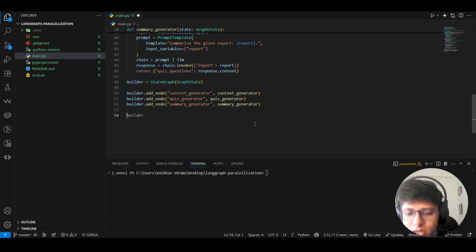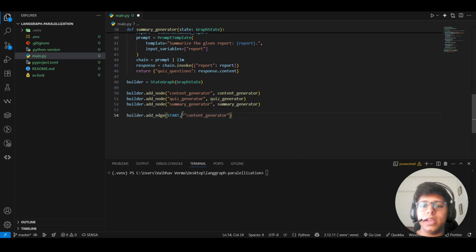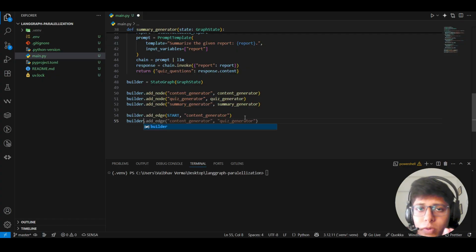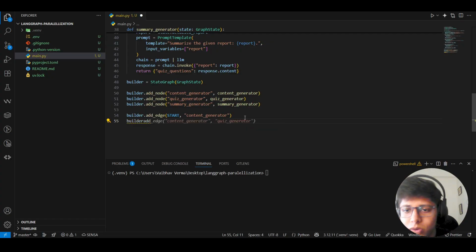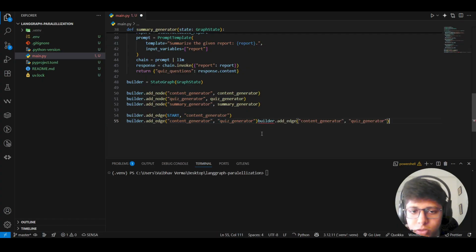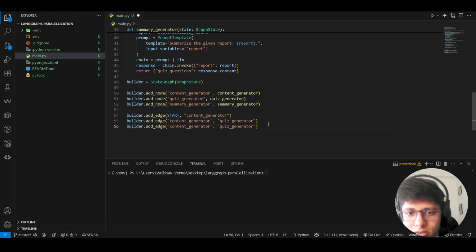And now let's start building our edges also. So I'll say we start at the content generator, and now here comes the hero section of this video, that is to actually have this parallelization in the whole graph. So now what we want is, from the content generator, we have to go to both these nodes at the same time, right? So let's do that. So from this edge, we can see that from this content generator, we are going to quiz generator, and at the same time we have to go to the summarizer as well, right? So let's copy this down, and we say summary generator,